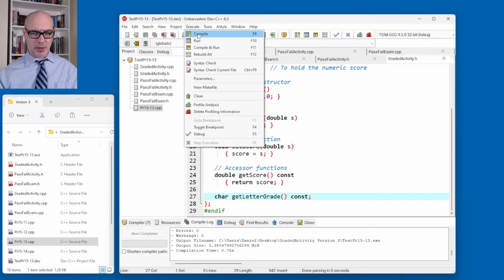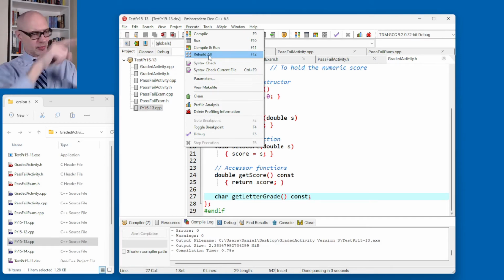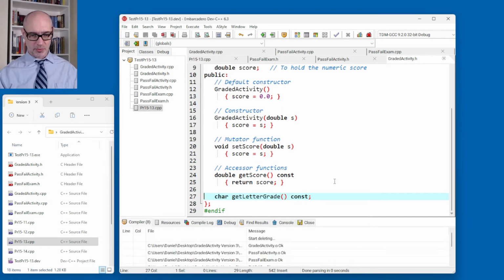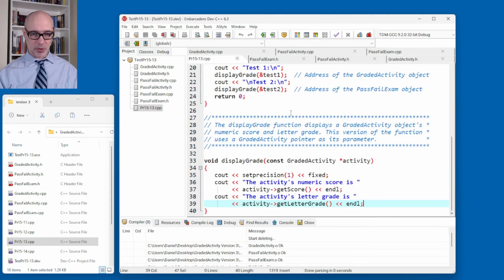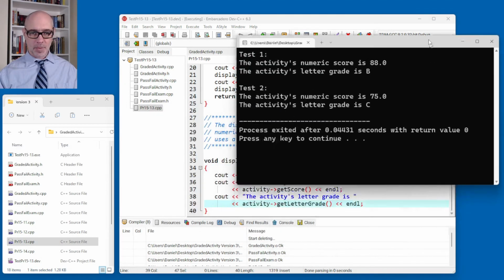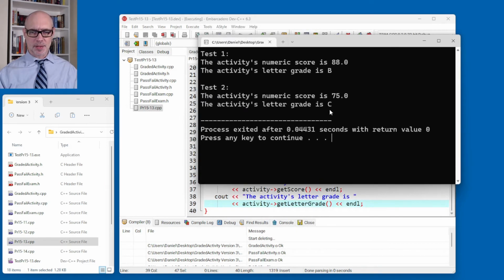So now I need to be careful about this, I'm going to hit rebuild all, because I change this header file, and then it changes the derived header files, and it changes all the code that's dependent on it. So I have to rebuild everything here to be careful about it. Okay, so there's that. And now if I go back to my program and I run this now, see now